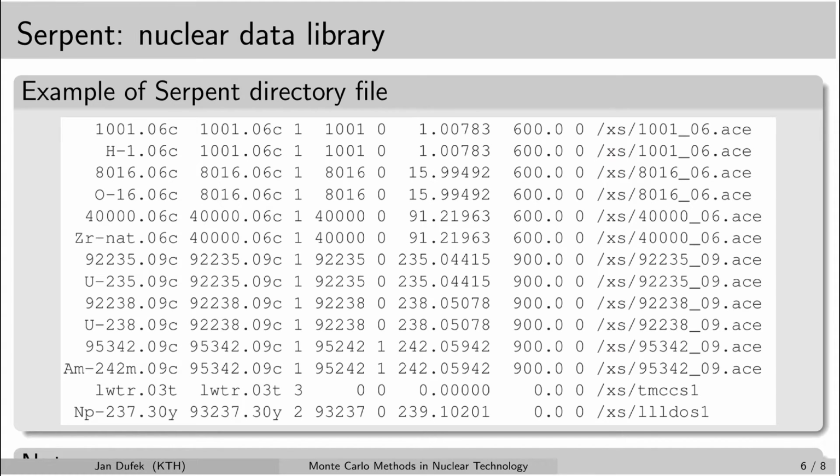When you look at the second line, you can see that it's exactly the same as the first line, except for the very first parameter, the alias name, which differs from the first line. So as you can see, you can have multiple inputs in the directory file. In case you want to have more alias names for the same nuclide at the same temperature, in your input file you can describe it either by this name or by this name. You can choose which one you like more. So then we can see more inputs for oxygen,